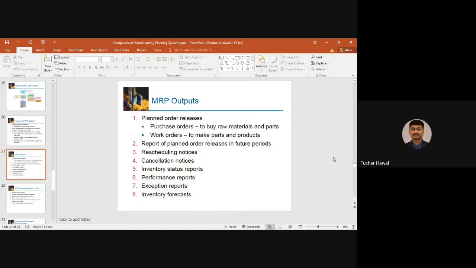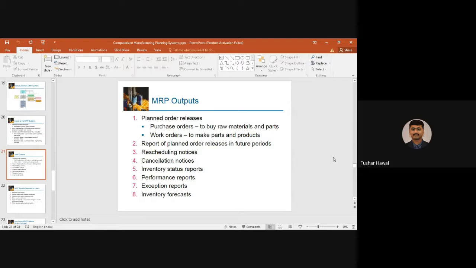Last year there was one student who, when asked to explain briefly about MRP along with a flowchart, wrote about the maximum retail price, how it is generated, and that one cannot sell beyond the MRP, and so many things. Wonderful explanation, but 0 marks. So please remember, it is materials requirement planning.